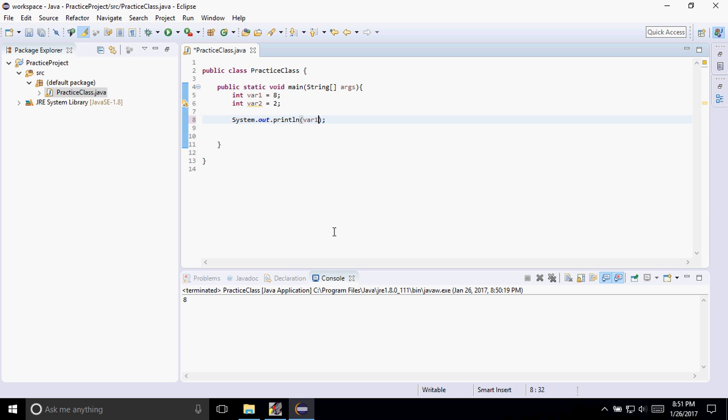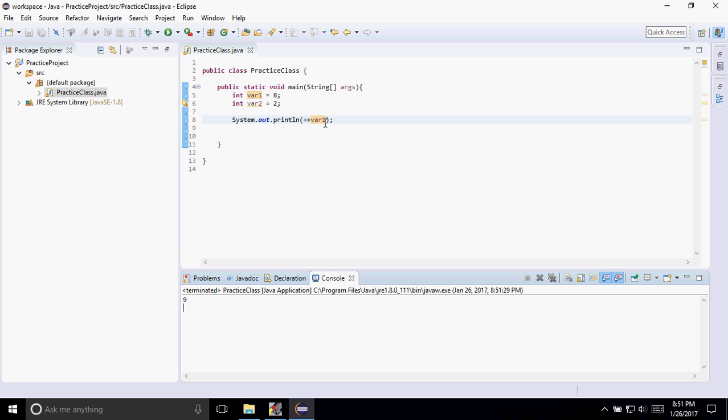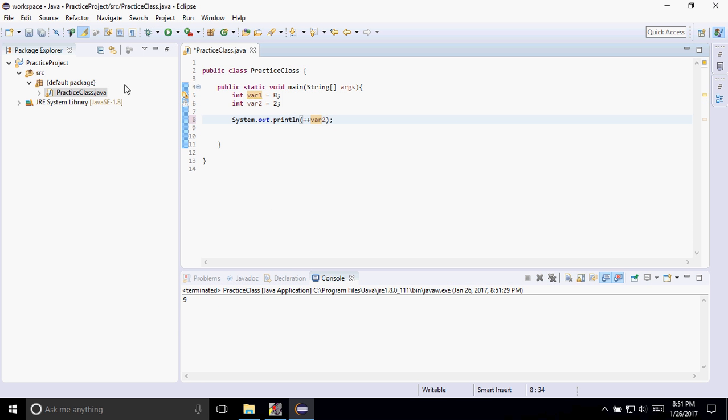But if you want to go ahead and update the value by 1 right away, you would have to do it before the variable. Okay, so that's 9, and we could also go ahead and do it to var2. So 2 plus 1 is 3. Okay,